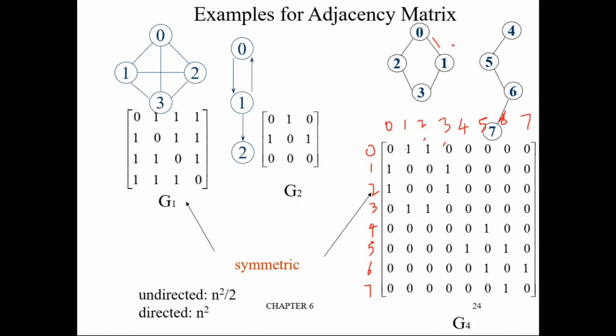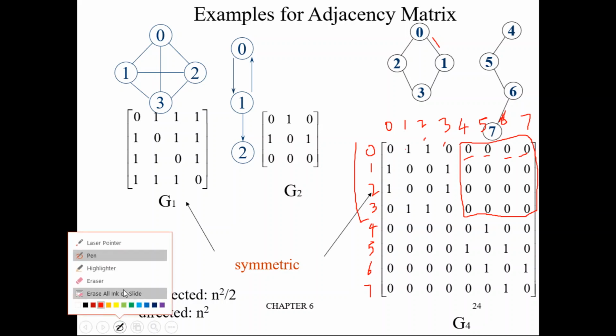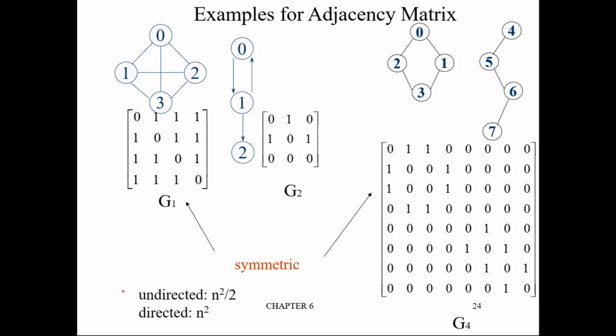Okay, 0 to 4, these are two different subgraphs, they are disconnected, so it is 0. 0 to 5, 0, nothing in this other subgraph. Okay, 0 to 6, 0. 0 to 7, 0. Okay, so this subgraph contains 0 1 2 and 3. So up to this 0 1 2 3, you can see this entire part is 0 because 4 5 6 is in the other subgraph, right? Okay, so like this every row and every column can be filled up.